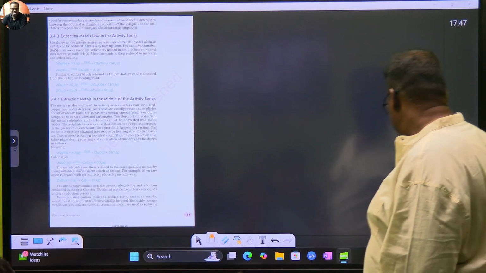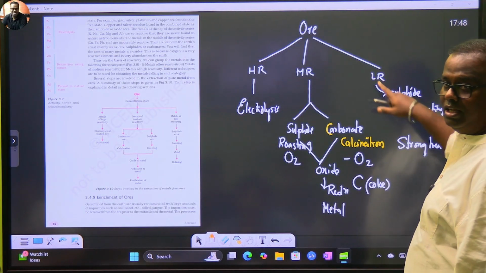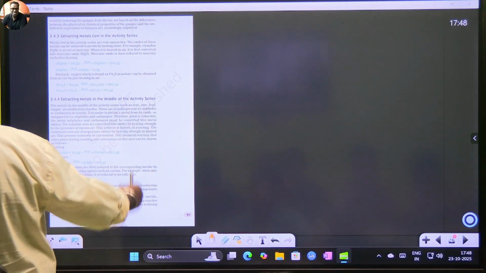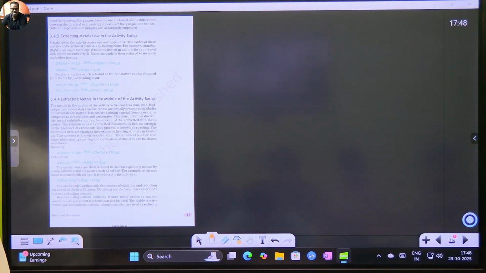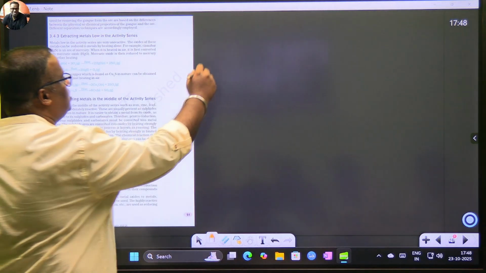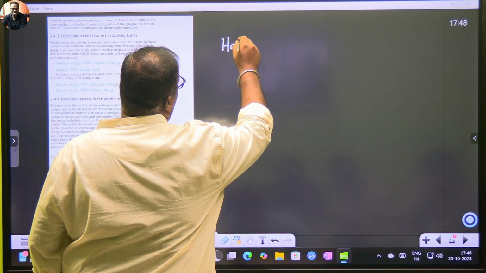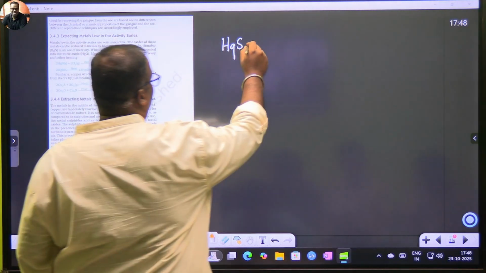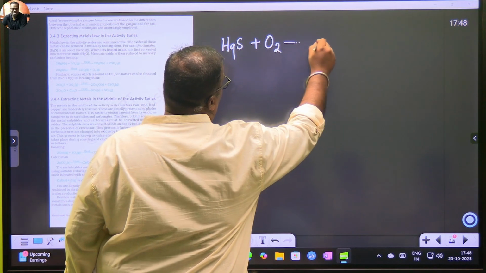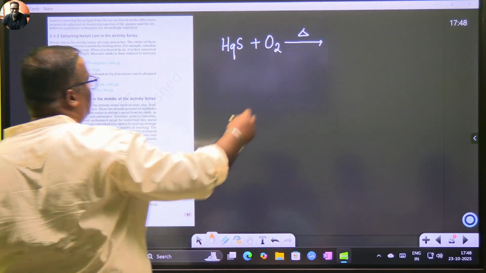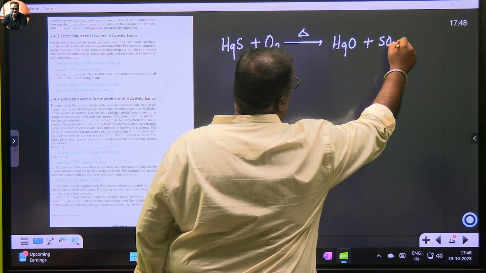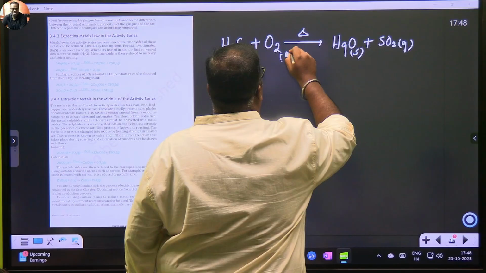Low means, in NCERT the story is starting from this side. So the two things that we have, start writing, are mercury and copper. But the interesting part is mercury is a low reactive one, so it is in a sulfide ore. Sulfide ore है तो बेटा हम क्या करते हैं? Roasting, meaning we will treat it with oxygen and there will be strong heating, so you straight away get mercury oxide and you will get sulfur dioxide, which is a gas. This is your solid, this is gas, and this is solid.